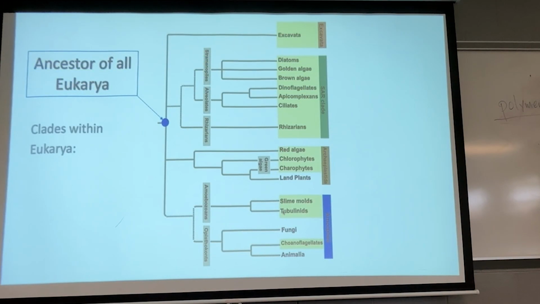So here are your 4 supergroups. Here is a phylogenetic tree, again, a pretty simple one, of the major superclades, if you will, of the eukaryote. So here is your ancestral eukaryote, which has all those traits we just talked about. And then you've got these 4 groups: Excavata, the sarclade, archaeoplastids, and then Amorphia, at the bottom here, the amorphids.